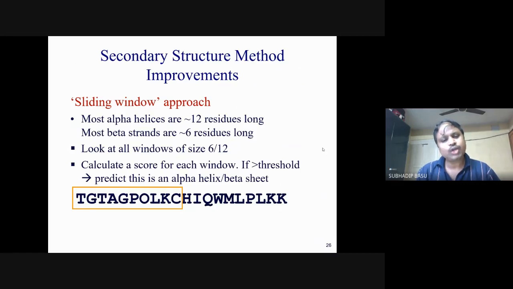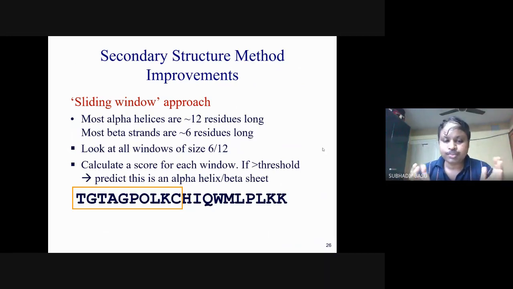People started working on a neighborhood based approach, and we call this a sliding window. People started working on sliding window sizes of 6 to 12, and calculate a score of each window. If it goes beyond the threshold, then predict whether it is alpha helix or a beta